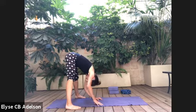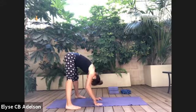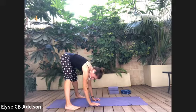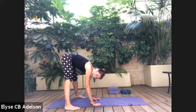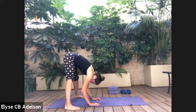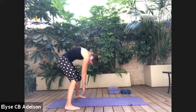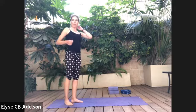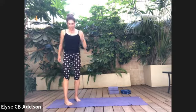I love animal movement because it's hard not to smile. You're a bunch of grown-ups hopping around like a gorilla. Okay, now we roll it up, bend the knees, bring your feet together, be normal only for a moment. And then you're gonna face